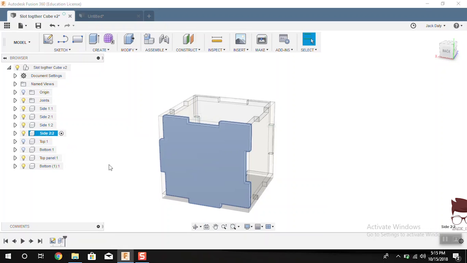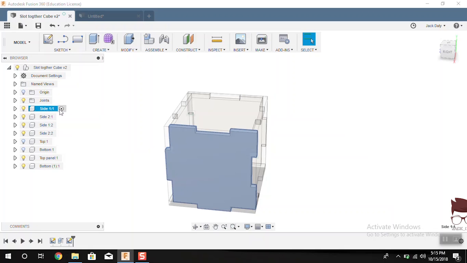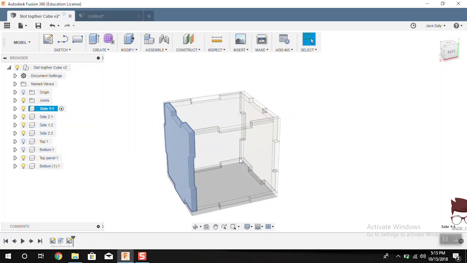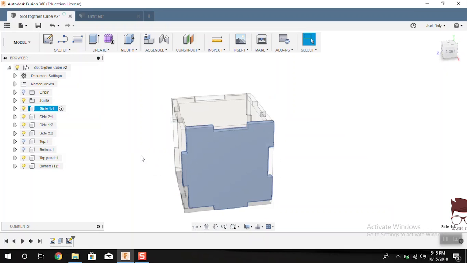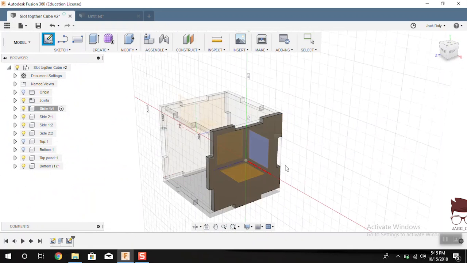we can click that and make that active component. We can also do it, for example, here. If we click on this one, while it's in low opacity, it will come up with that jagged line. Can you see that sort of construction line? If we make that one the active component, you can see that we've now jumped from this one to this one. So now what we have to do is click create sketch,